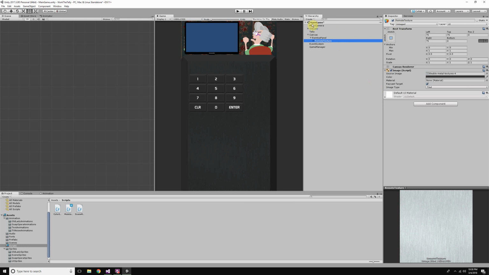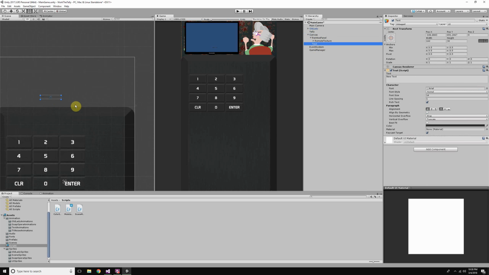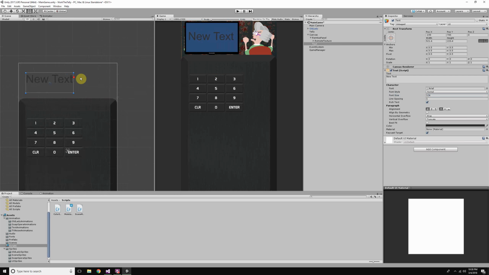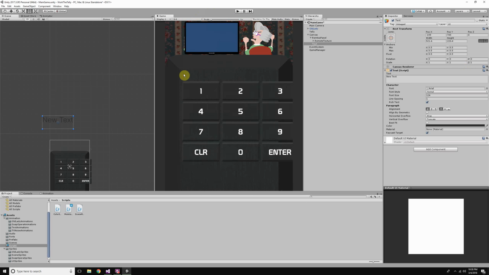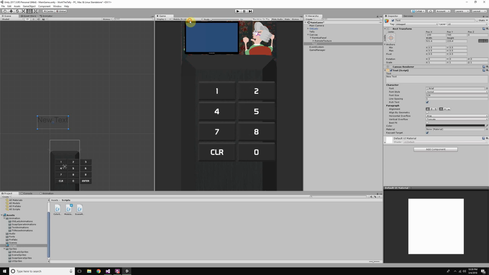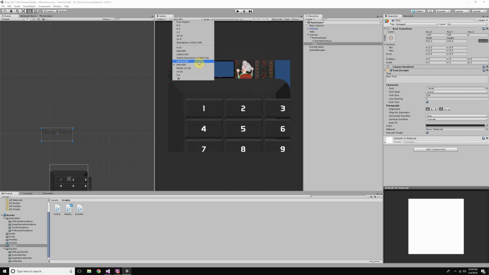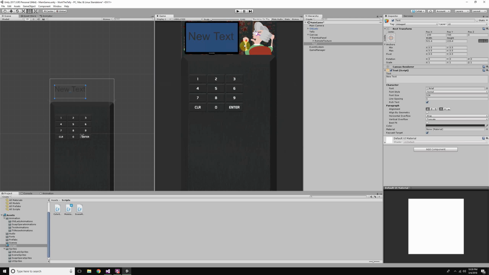But we're going to do something a little bit different, because if I create a text right in our regular canvas, like this, and test it out, make it really huge, and mess around with the screen resolution, I mean, right now we're simply focused on 1080 by 1920, but it's just a little bit